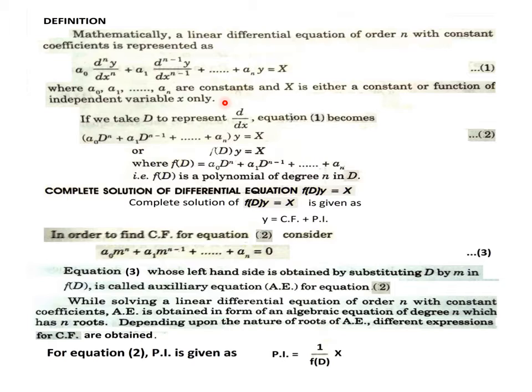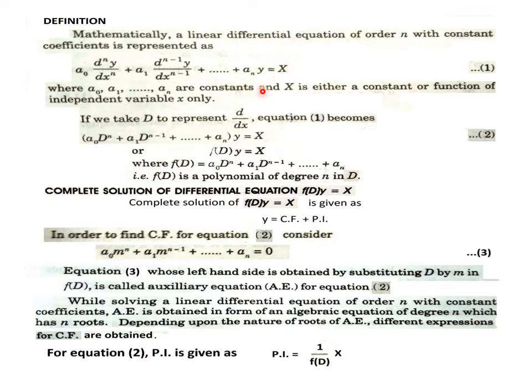Now we simplify this form, this equation 1, to reach up to next discussions. We assume that capital D is d/dx, the standard differential operator. What will happen because of assumption: a0 becomes capital D power n plus a1 becomes capital D power n minus 1 plus up to plus an, and small y is taken as common as an operand in the right hand side,